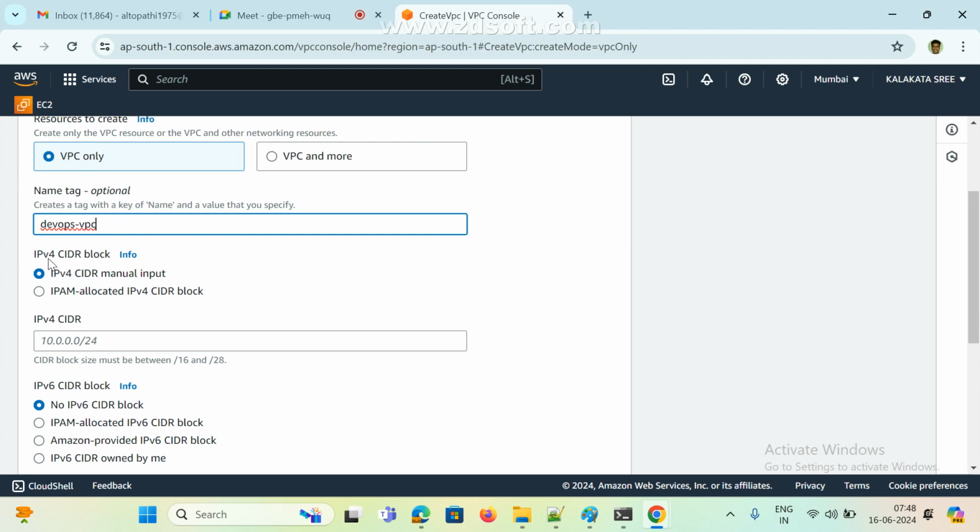Now see here, CIDR block. CIDR block means IP range, guys. Which IP range do you want to give? See here, whether you want IPv4, classless inter-domain routing, or IPv6. Anyway, I am selecting the default. Now tell me which IP range you want. We can give anything, whatever you want. Now I am giving